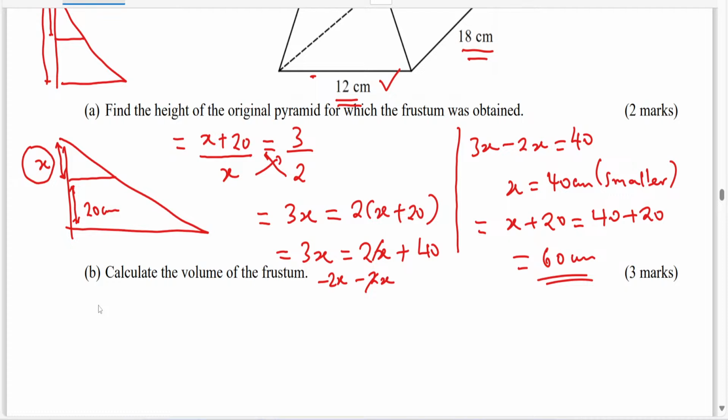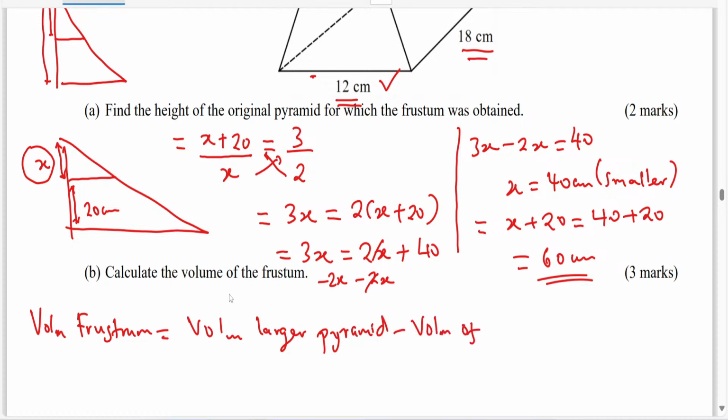And how do you get the volume of the frustum? So the volume of the frustum is usually given by, since this is a pyramid, the volume of the larger pyramid minus the volume of the smaller pyramid. So the volume of the larger pyramid, we don't know how much it is, that is why we will find it, but it is